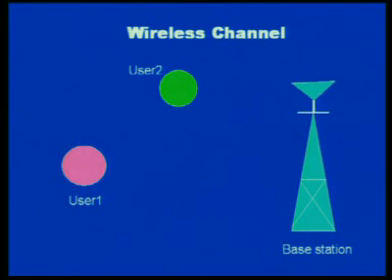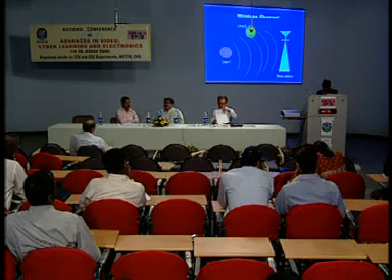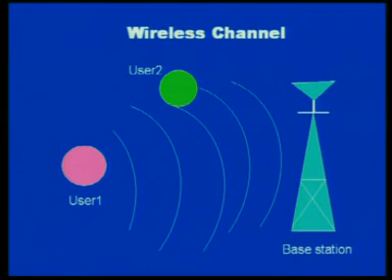In the wireless channel, each mobile user sends his information directly to the base station, and the same information is to be received by the other user, which is possible in the present communication channel. But it is a disadvantage in the present 2G communication system. This disadvantage can be converted into an advantage by using a cooperative diversity technique.